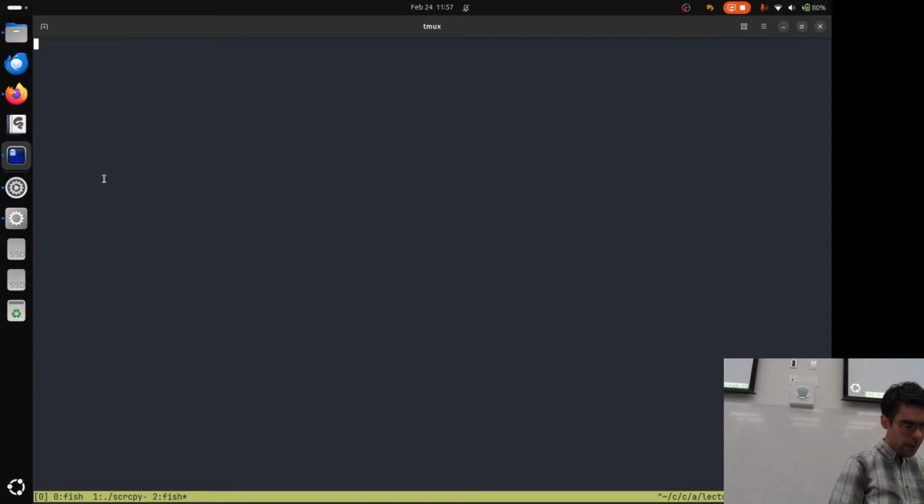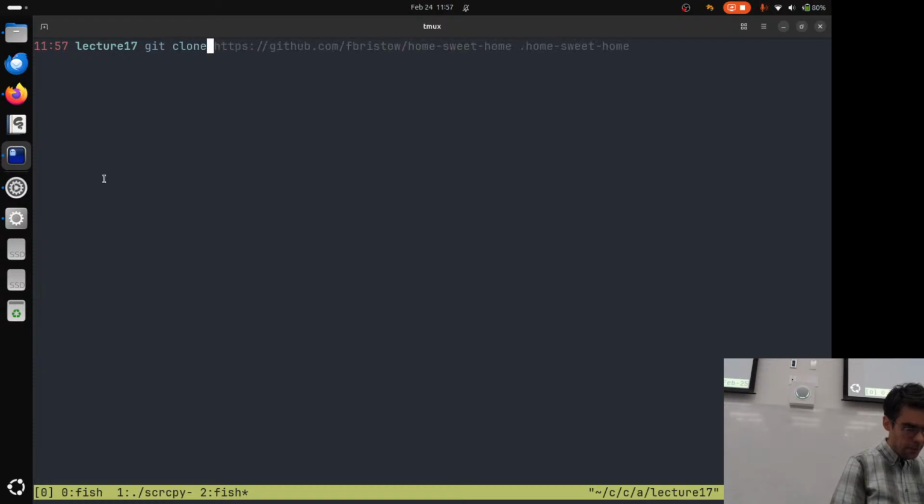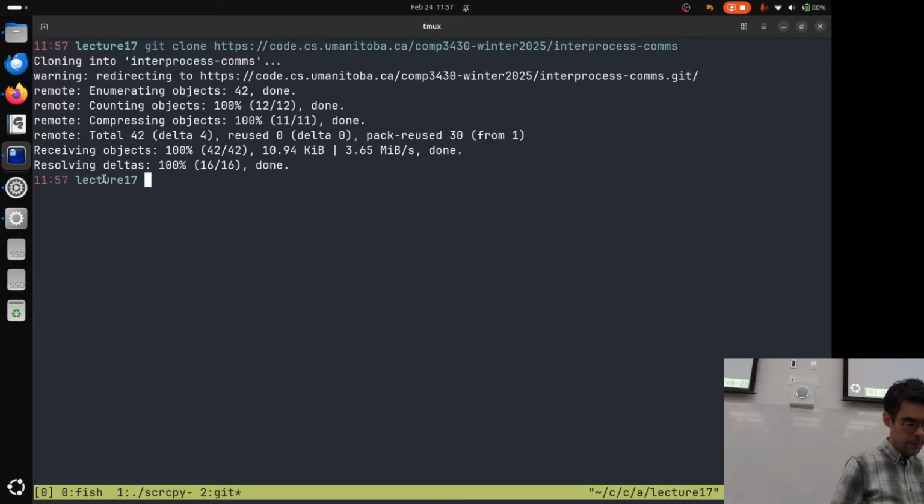So is that big enough at the back? OK, awesome. I'm going to do git clone, https code.cs.umanitoba.ca comp3430 winter 2025 interprocess comms.